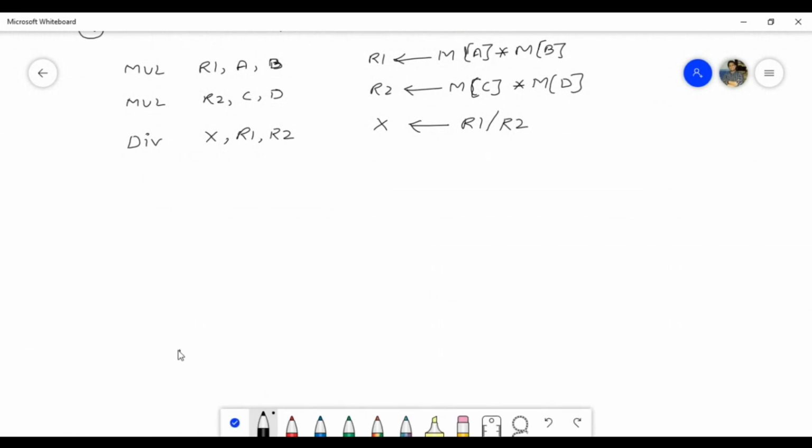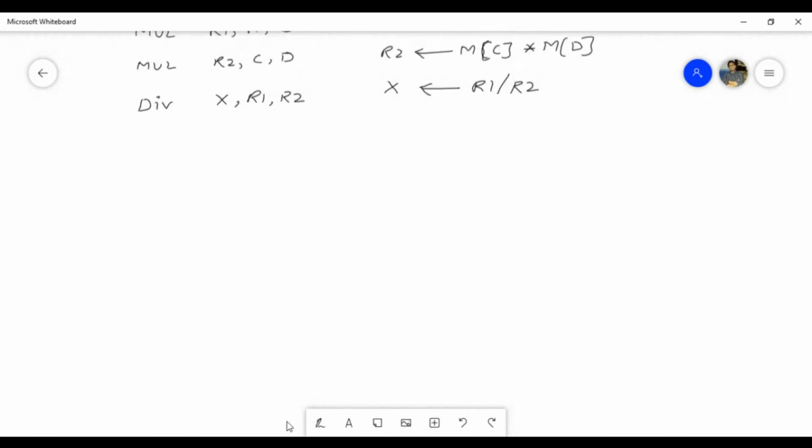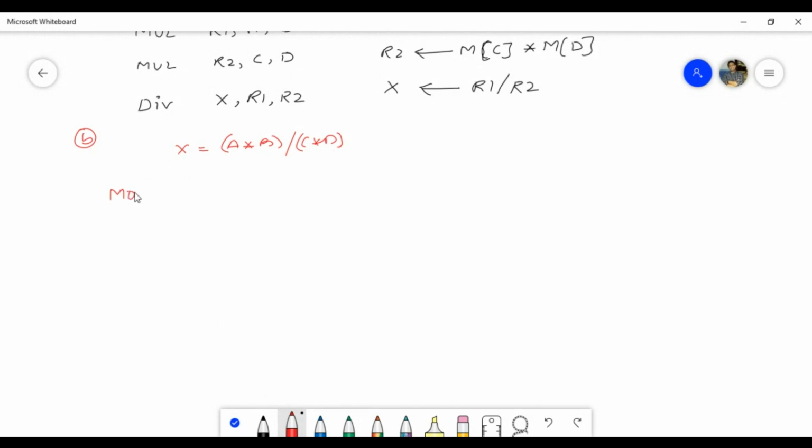So when it is two addressing, X equals A cross B over C cross D. This is the given thing. Okay, so now here I'm going to use two addresses only. So let us use move